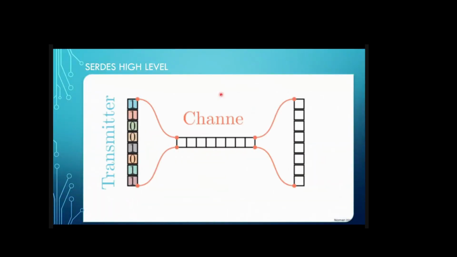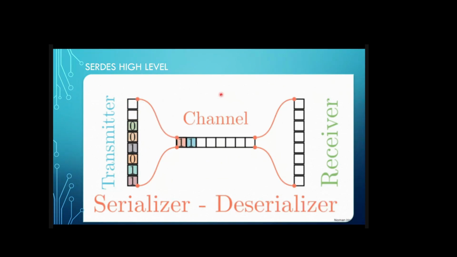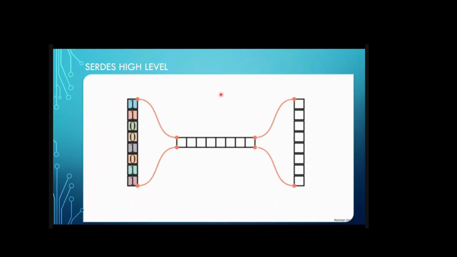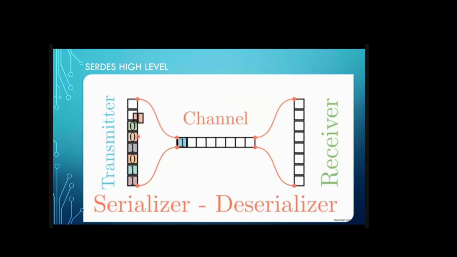So this is a high level overview of how the SerDes looks. Okay, so now I'm introducing a few concepts here. There's a transmitter here, and it goes through a channel and it goes to a receiver. Okay, so think about your own case. In the example I just gave, you're sending a text message from your cell phone to another person. So, who is the transmitter? Your cell phone is the transmitter, and the recipient's phone is the receiver. Okay, think about that.